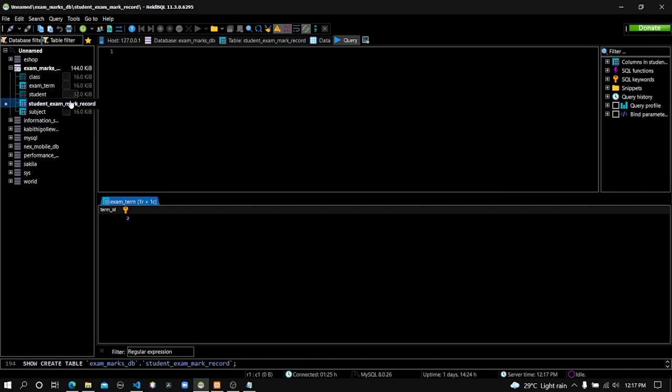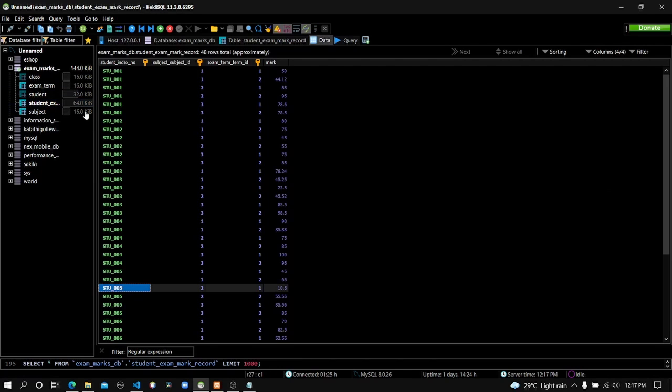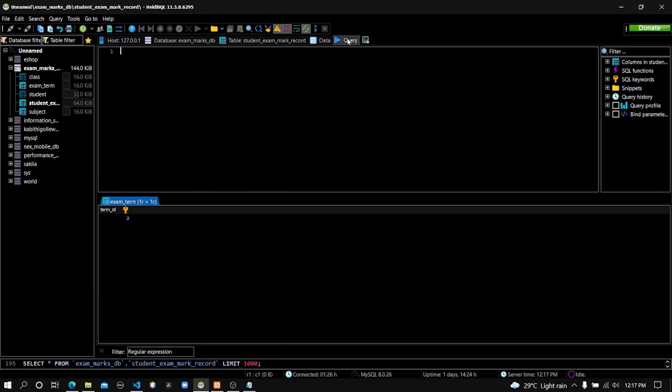I'm writing a select query to the main table, which is the student exam mark record, which stores the marks of the student. We are going to write a subquery to find the highest mark. So here's the main query: select, for now I need all the details, so asterisk, from